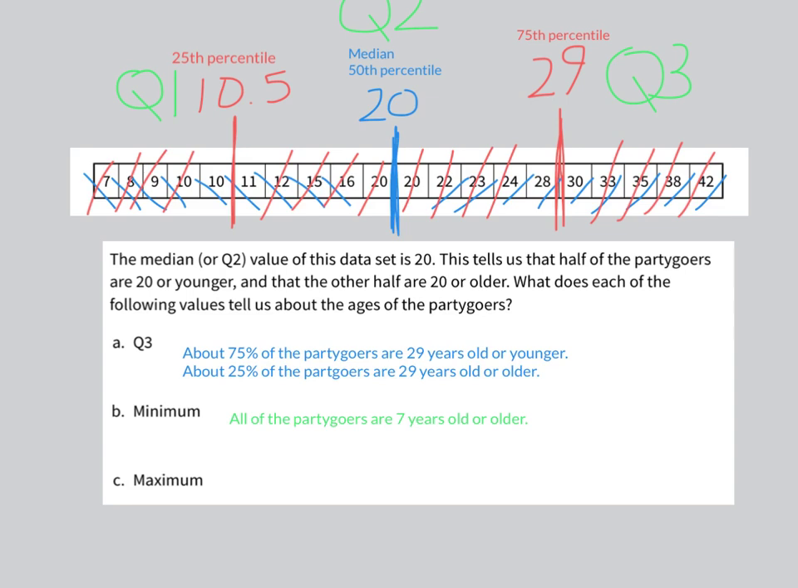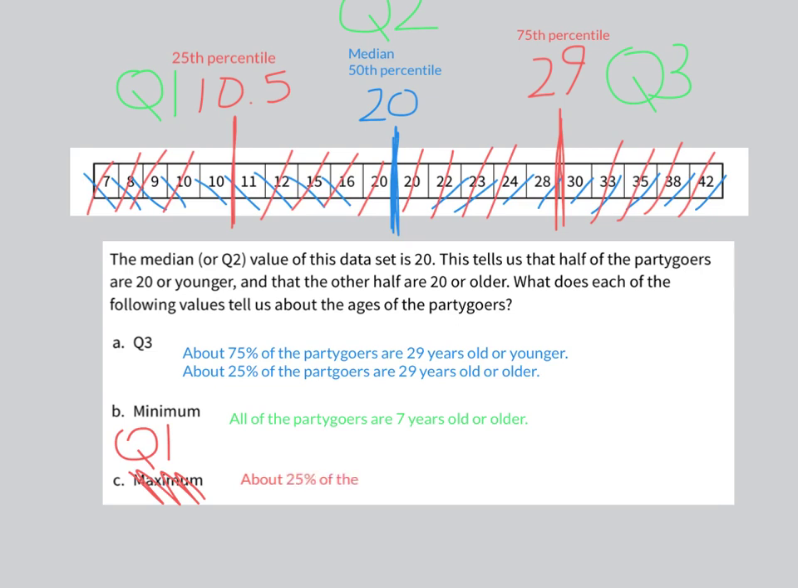You know what? Let's change that last one. I think I'd like to change that last one. So instead of talking about the maximum, let's talk about Q1. So one more piece of practice with Q1. So again, let's write down what this means. So Q1 was 10.5, 10 and 5/10. So I want to say about